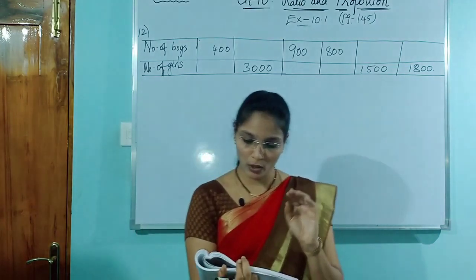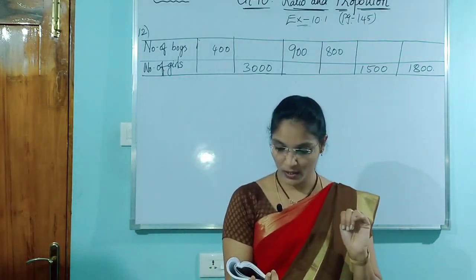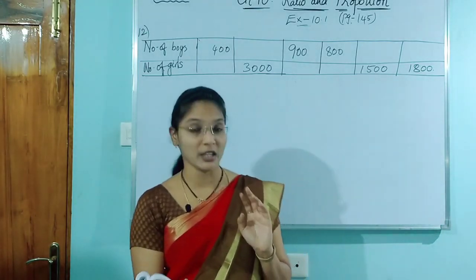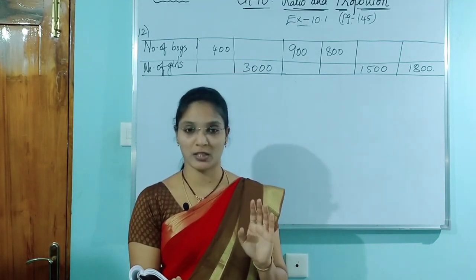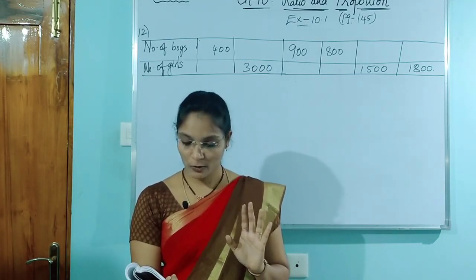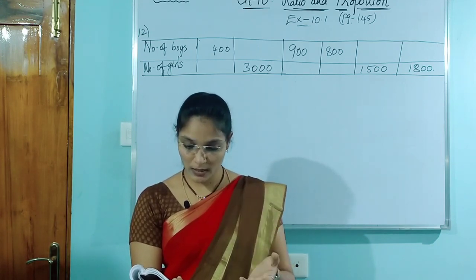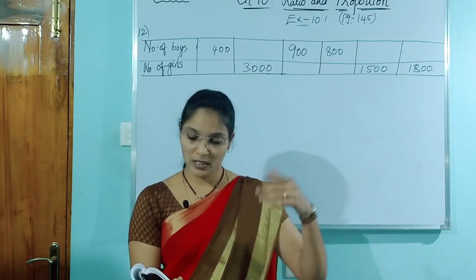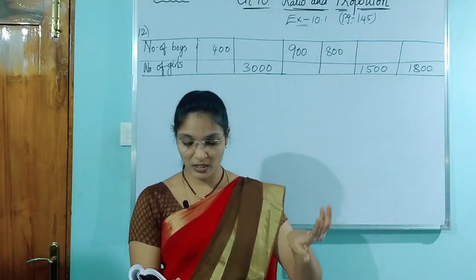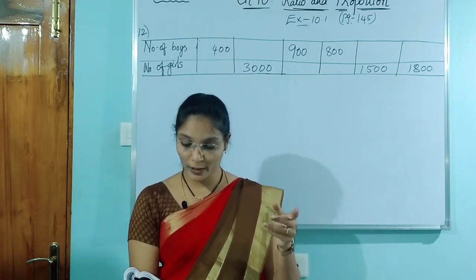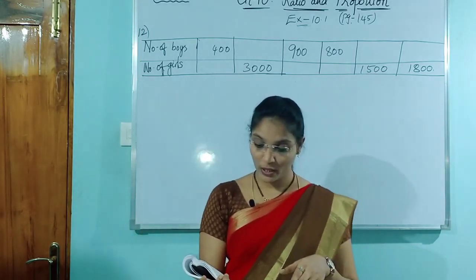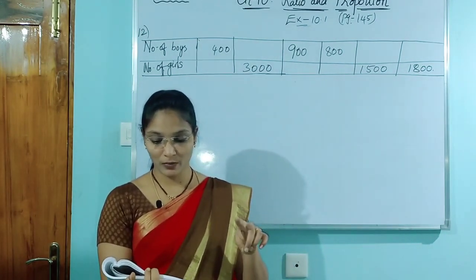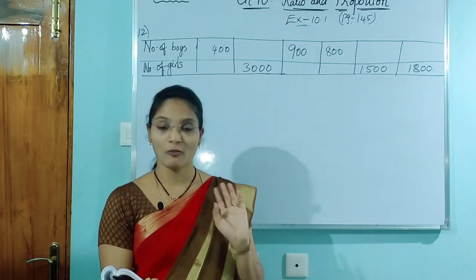The length of cloth used for stitching 4 skirts is 12 meters and the length of the cloth used for stitching 3 tops is 3.6 meters. Both are in meters only. Skirts 4, tops 3. What do we have to find? The ratio of the length of cloth used for stitching one skirt to the length of cloth used for stitching one top.